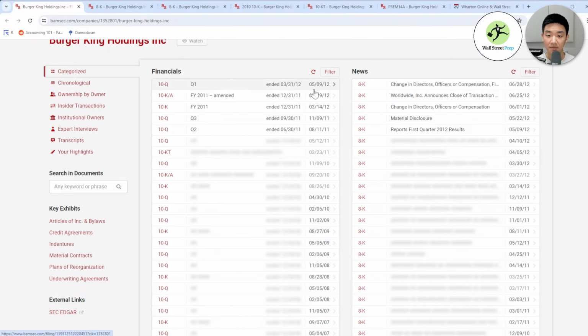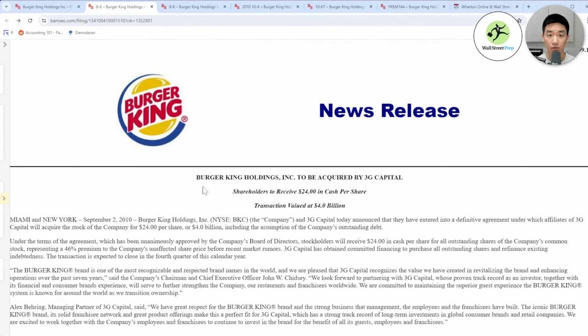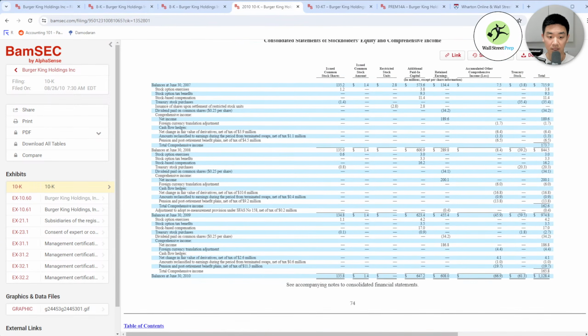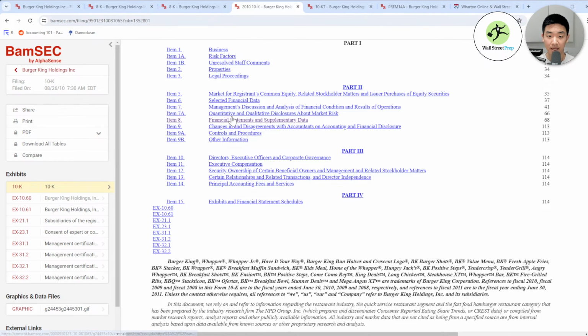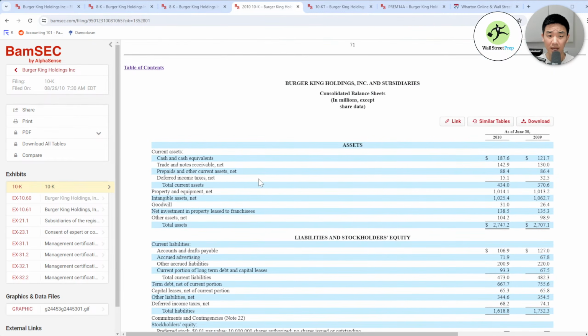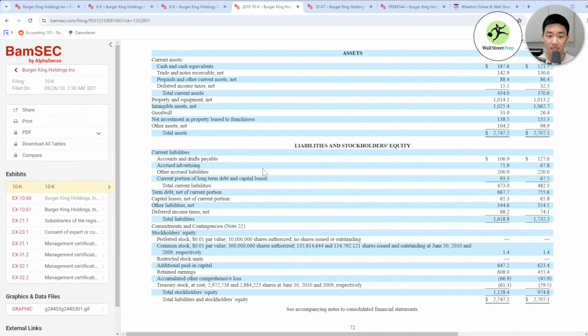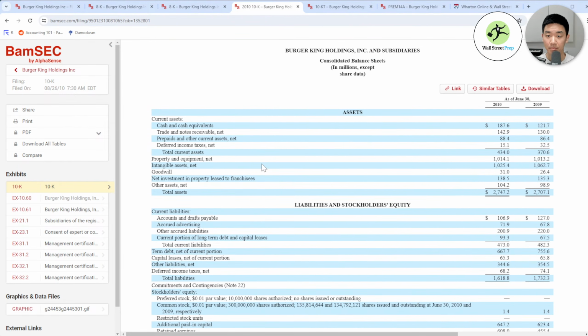So if we didn't have all this information, then we would use the 10K filing here to grab our financial figures. And so this is the 10K. If you go to financial statements and go down, you can see that there is this balance sheet here, right? What I'm going to do, though, is later on use some of the filings that came afterwards, and you'll see why. But let's start here.